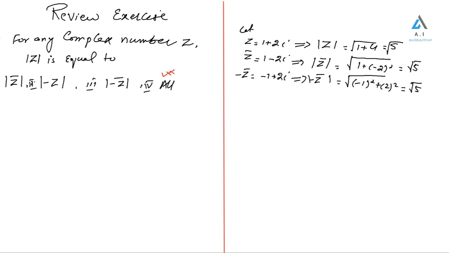Next one, we are going to solve the next one. The question is, question number 2: if z1 and z2 are two complex numbers,